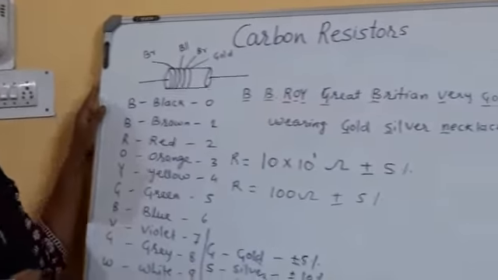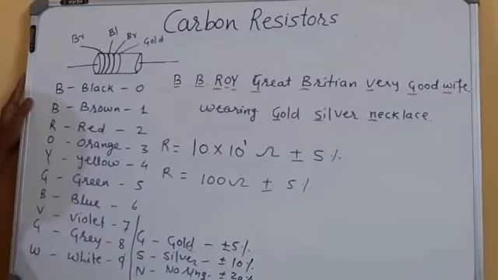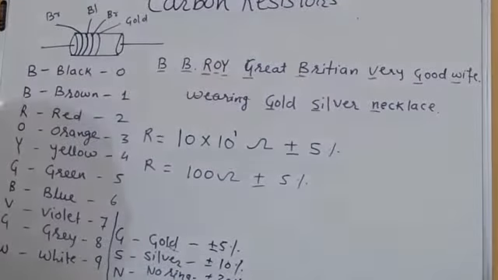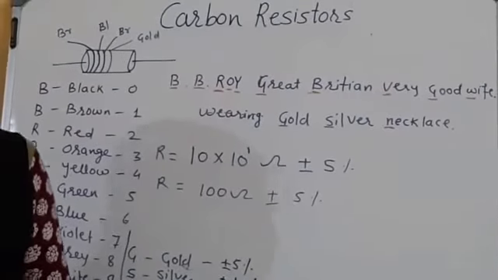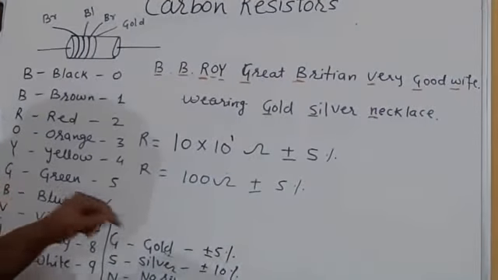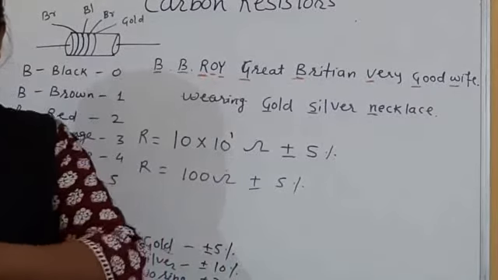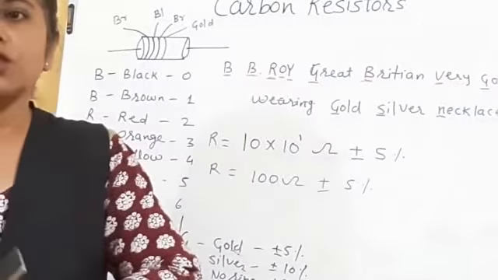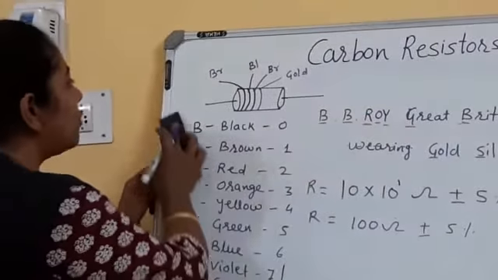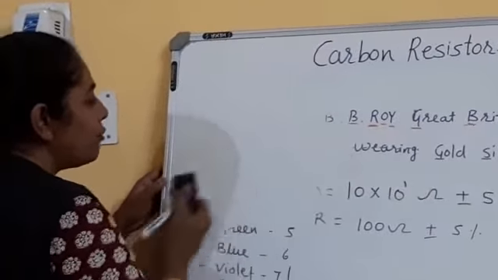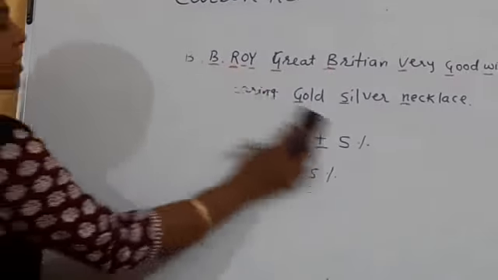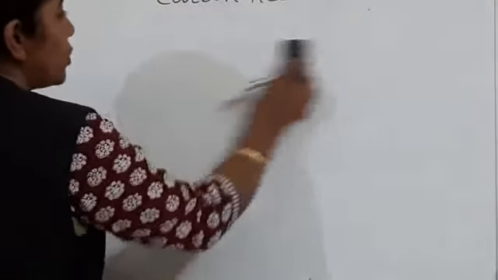Now we will see some combinations of resistors. Now you see, in all these values you will never get values like 1.5 or 2.5. The minimum value is 1. So here we need the combination of resistors to get the desired values. In 10th class you have already studied the combination of resistors. So the same topic we have to discuss again in 12th class, so we will revise it very fast.